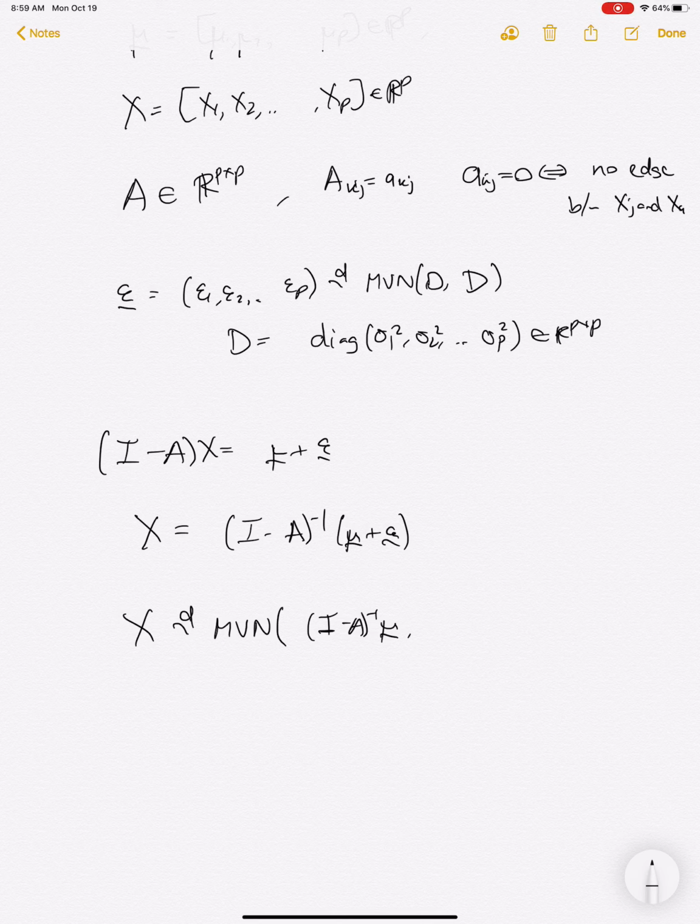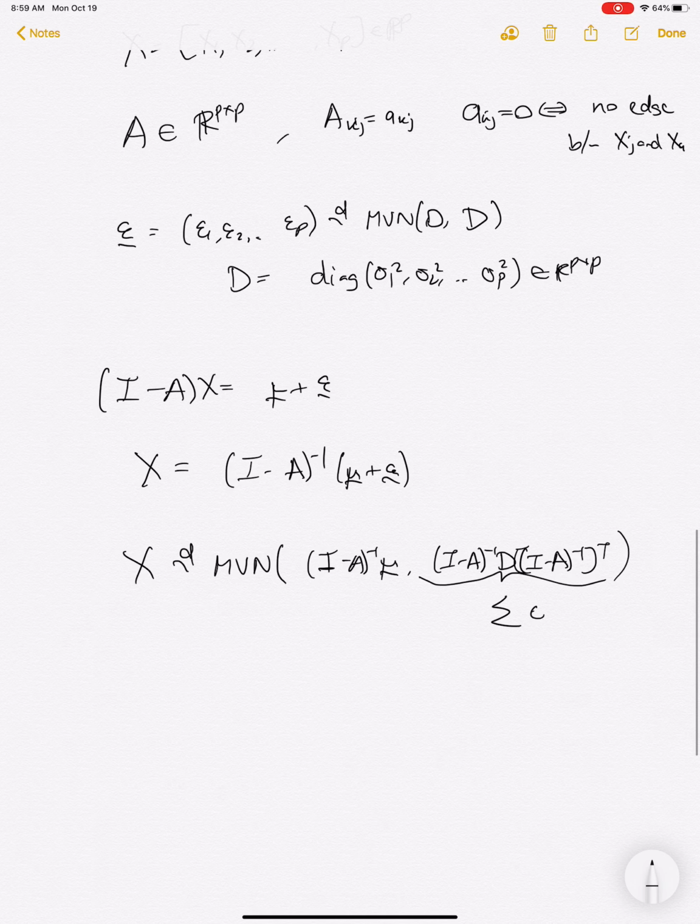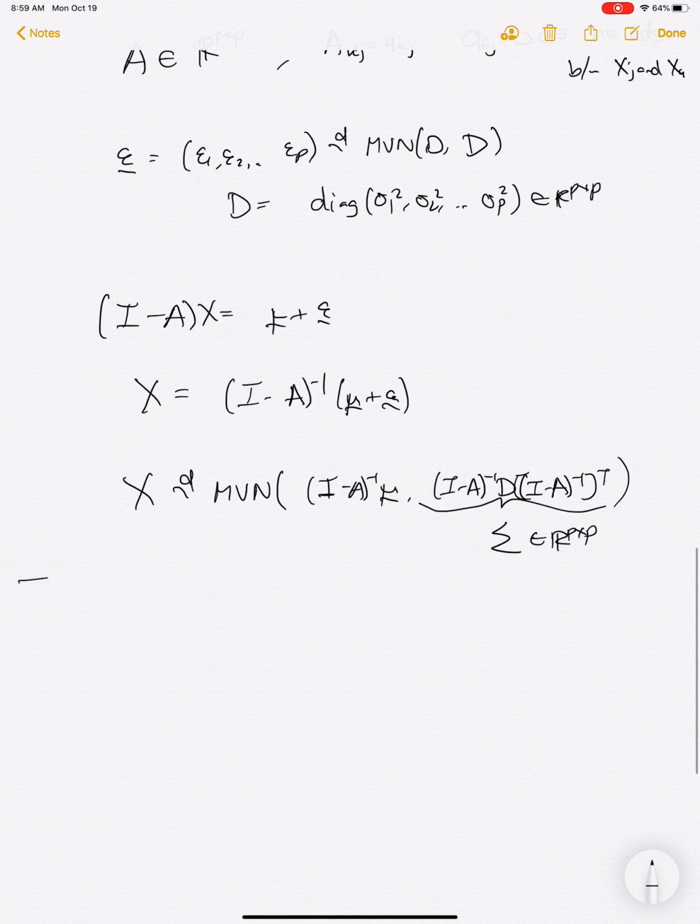then the overall variance is, if we use the standard formula that we've seen for variance or covariance, it's I minus A inverse times D times I minus A inverse transpose. So this is like your sigma, and so this encodes the information about the graph structure. And so